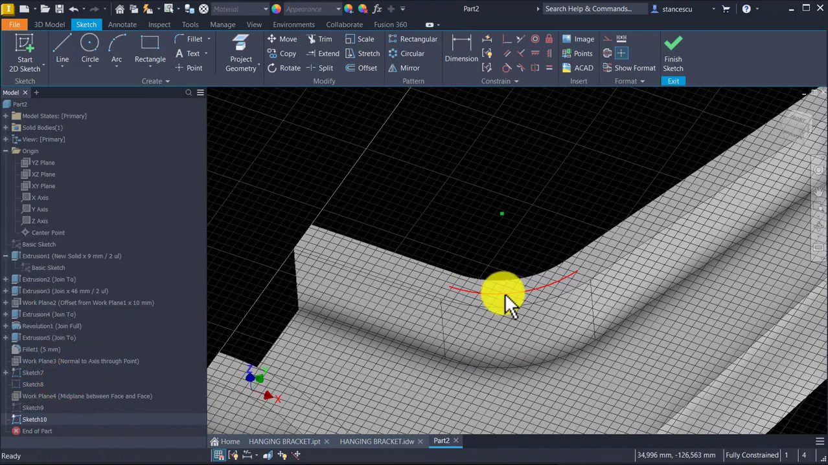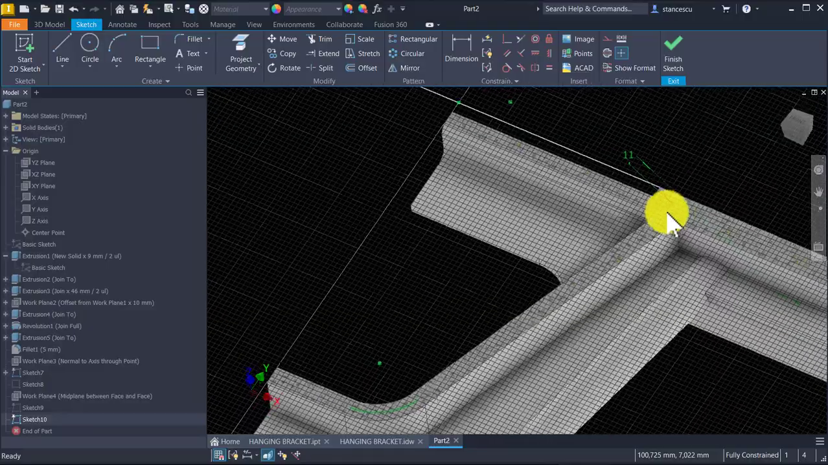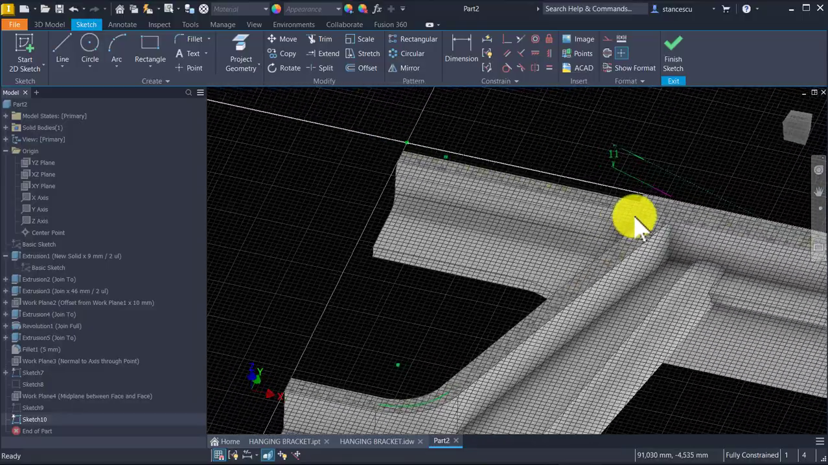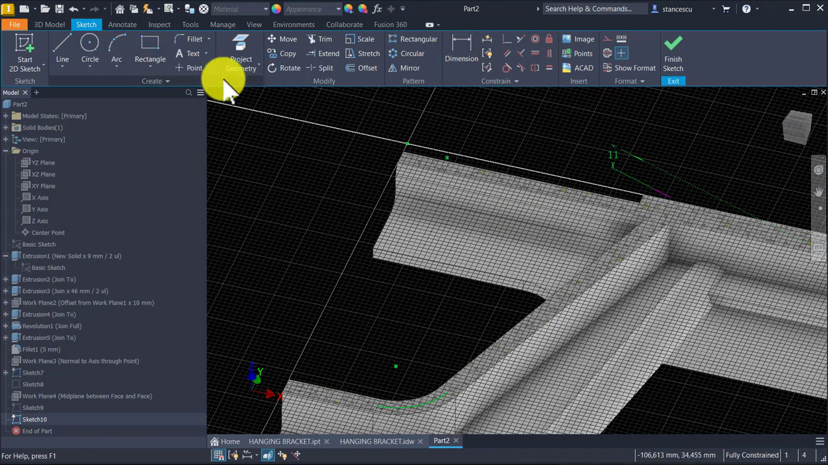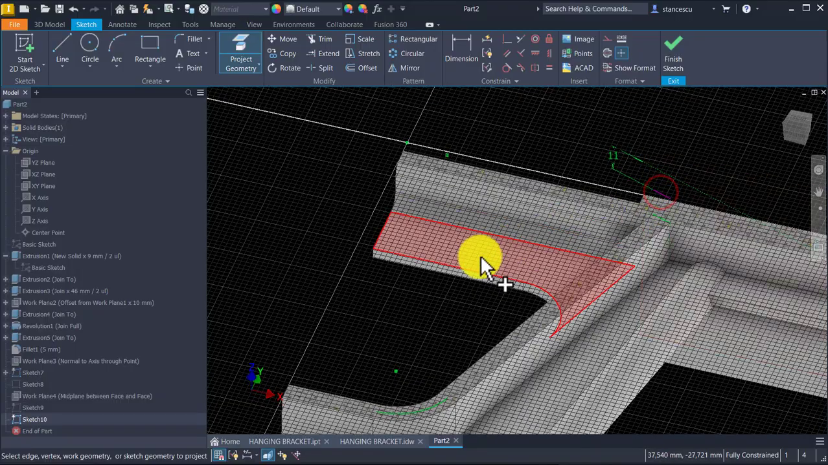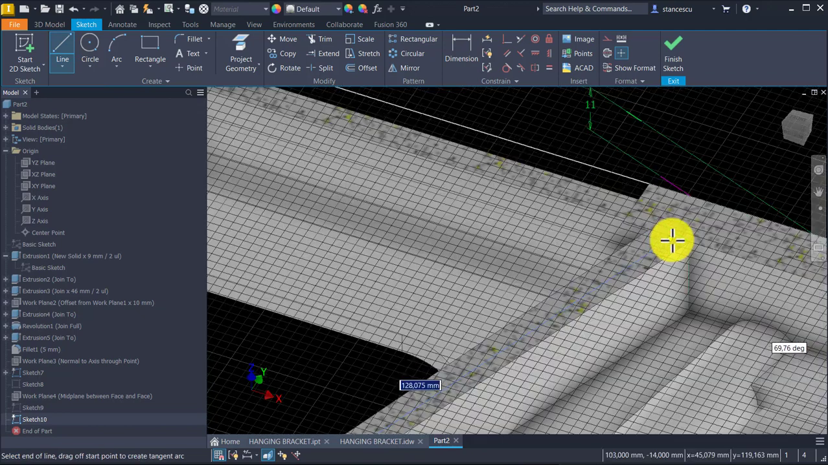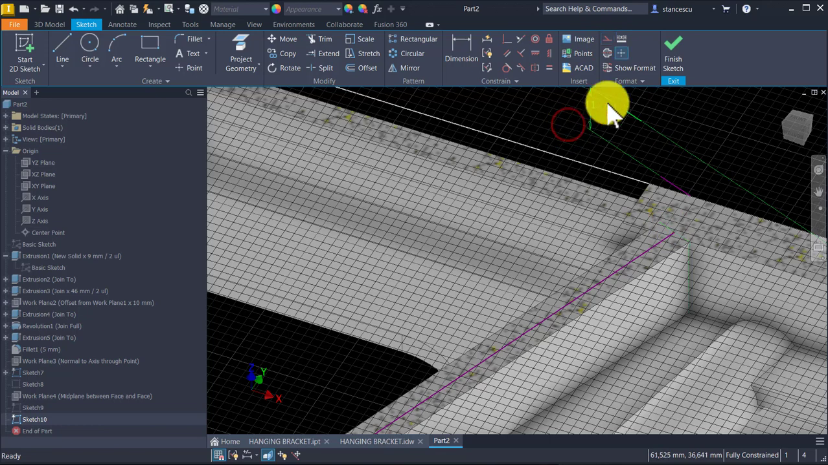Because I have this arc here. Then F7, I go with this line, I project it in the new plane. This is to be construction, but I draw a line between this end point to the midpoint of the projected line. Now I make this construction, finish sketch,